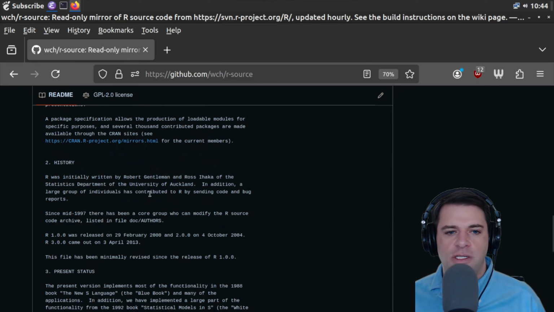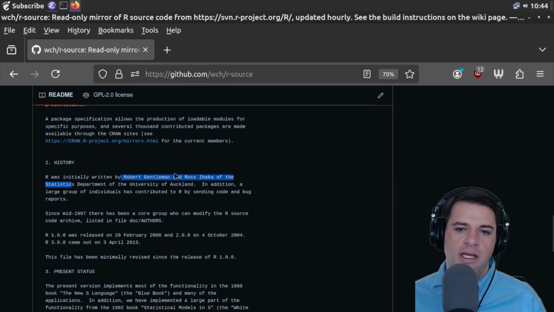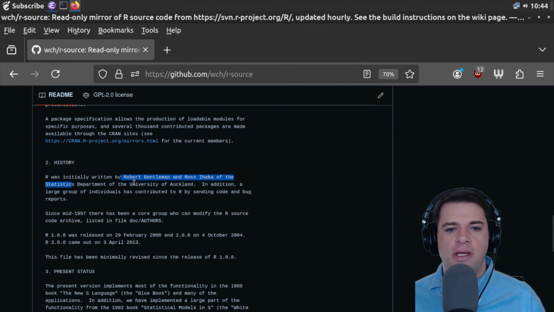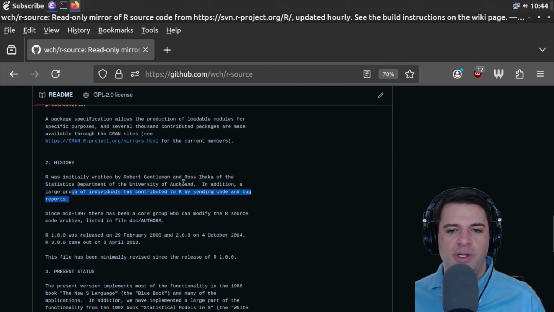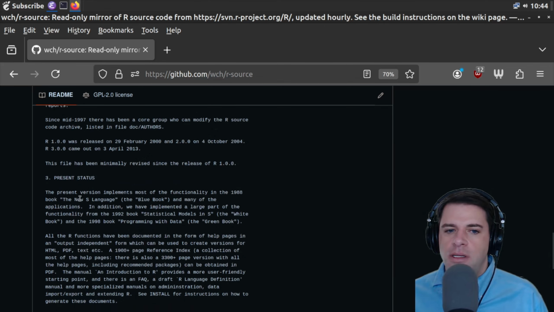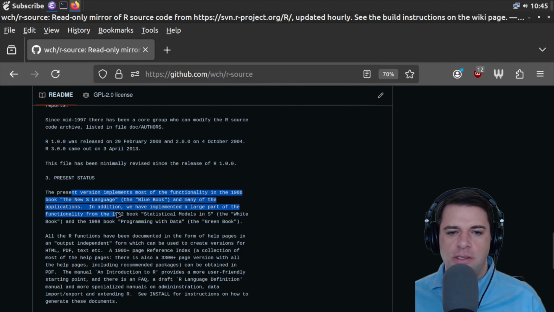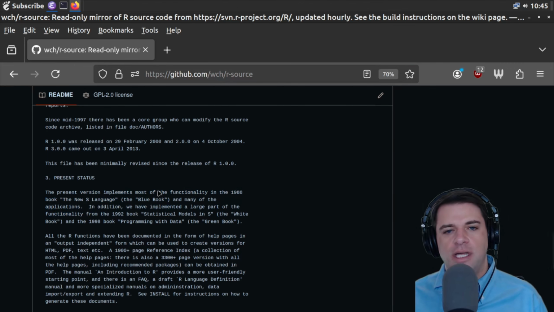We do have a history section. It was originally written by Robert Gentleman and Ross Ihaka, of the Statistics Department of the University of Auckland. In addition, a large group of individuals has contributed to R by sending code and bug reports. The present version implements most of the functionality in the 1988 book, The New S Language, the Blue Book, and many of the applications. Okay, so whatever the S language is,